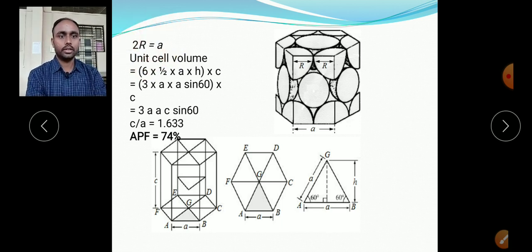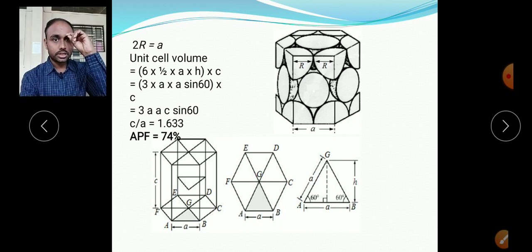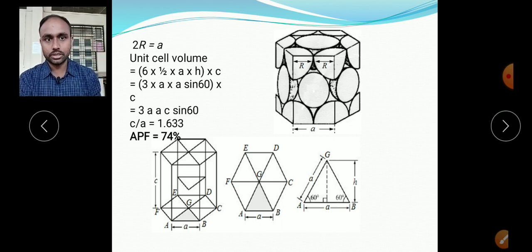Okay, right. Now to find the packing fraction, yes, we got the relation between a and R, again we got the effective number of atoms, right. And finally what we have to find? The denominator, that is the volume of the unit cell, because the formula is volume of atoms divided by volume of unit cell. Now here the unit cell volume we cannot take directly as a cube, because it is not a cubic structure, it is a hexagonal structure. So the hexagonal structure volume we have to find first, the denominator.